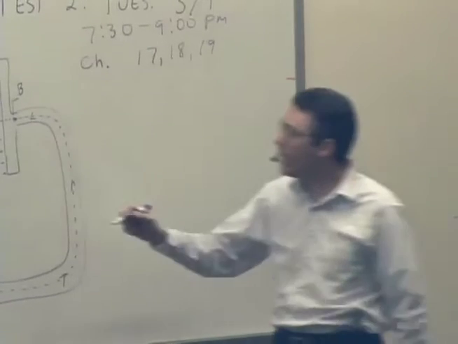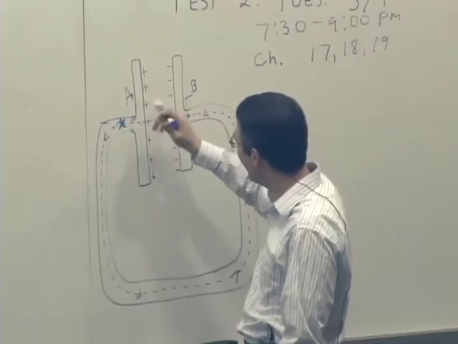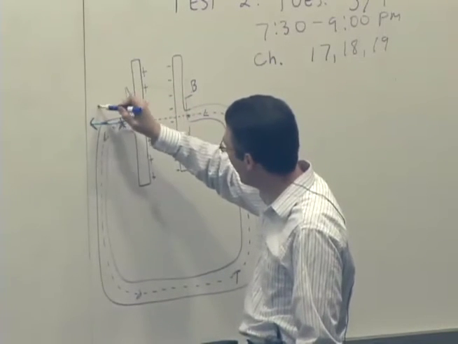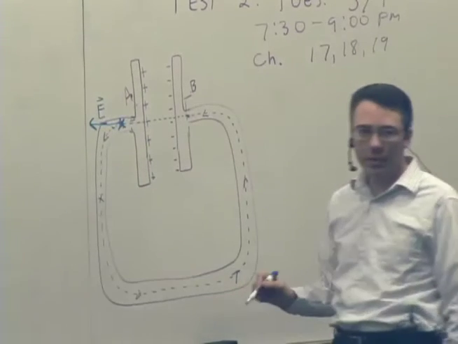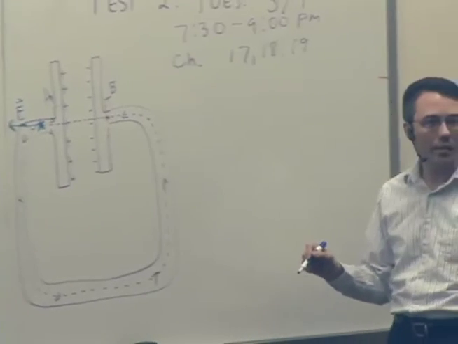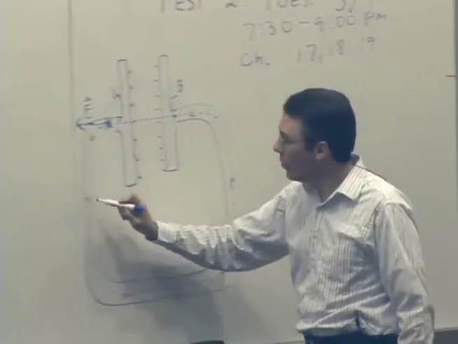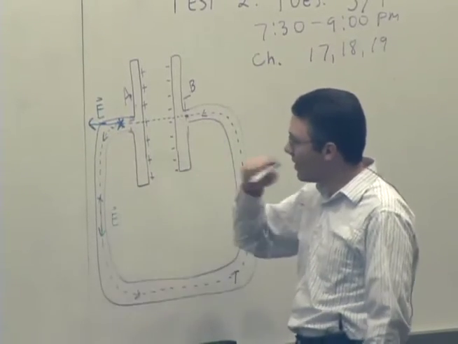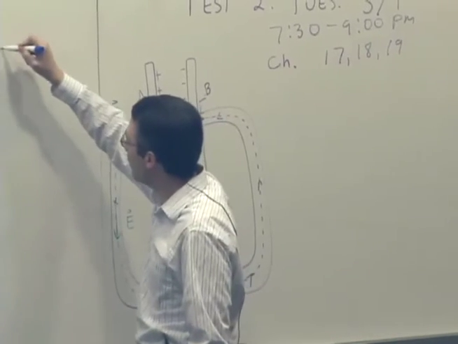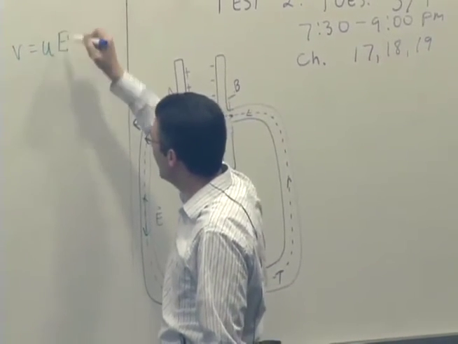Yeah, pointing that way, right? It's kind of, again, think of it like a dipole. It's got to be pointing away from the positive end. And at this point, the electric field is pointing how? Pointing down, right? We know that if we're in a steady state, that the drift velocity is equal to the